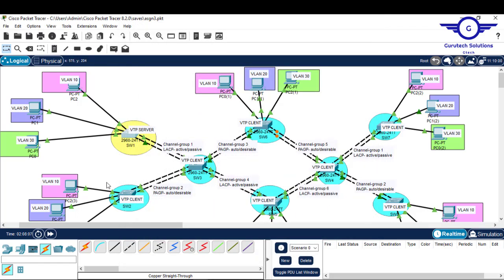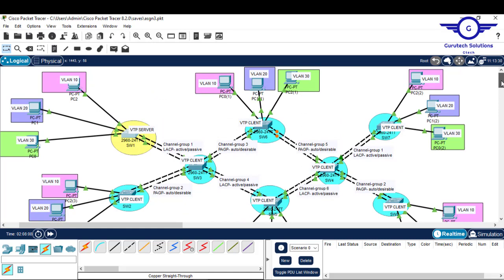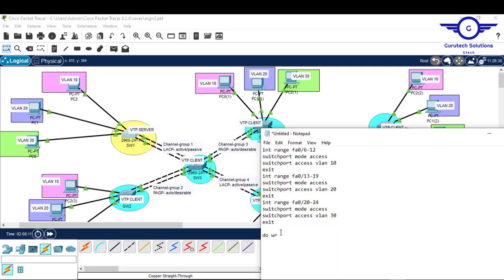For example, for this switch, I think the interfaces that are connected are the same, because on this switch here, F1 and F2 were connected to the other switch, a trunk, the same as this one, the same as this one, and the same. For these 4, I'll write one command and copy for all of them, because they have similar connection to the central switches. So they utilize the first interfaces. So for example here,